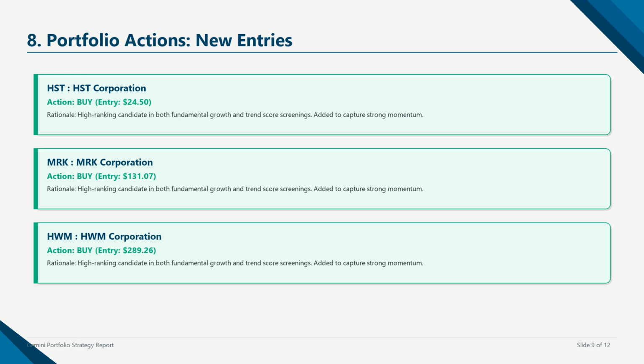We are initiating new positions in our top-ranked candidate stocks, including HSD, MRK, HWM, PH, Duck. These companies rank high in our fundamental and technical screens, representing core growth assets with strong cash flow slopes and solid momentum. By entering these positions, we align our capital with the strongest momentum segments in the market. For instance, entering HSD allows us to capture early-stage breakout momentum, while the other entries provide exposure to industries experiencing significant secular tailwinds. Each of these new positions is initialized at an equal target weight of 9% of our total